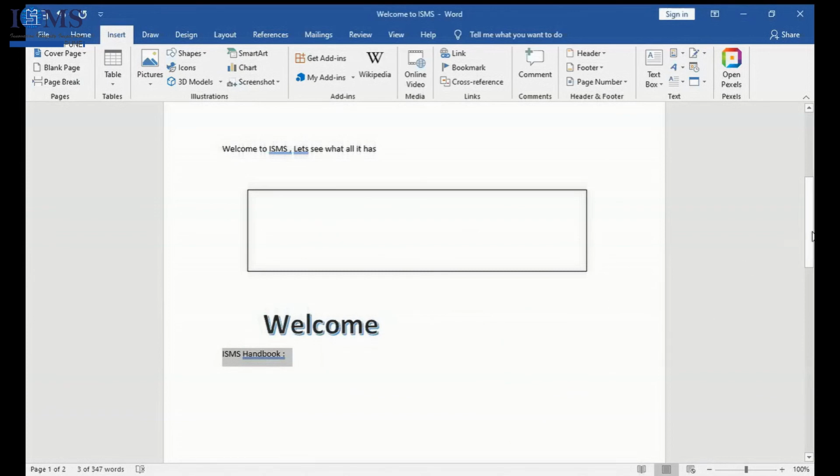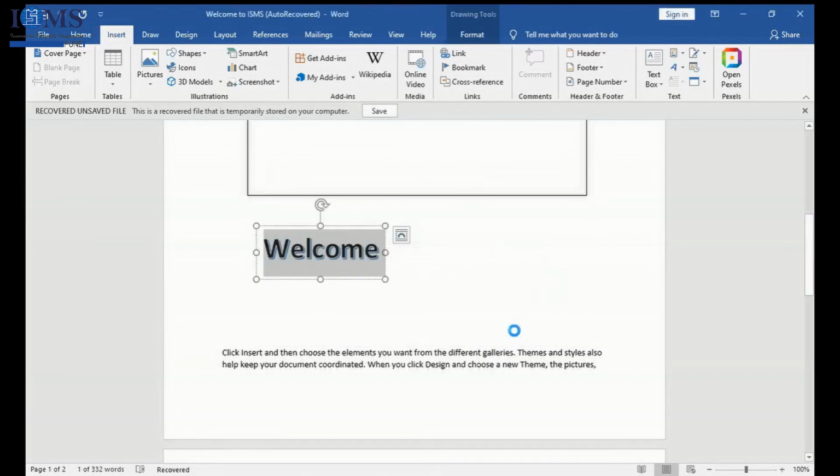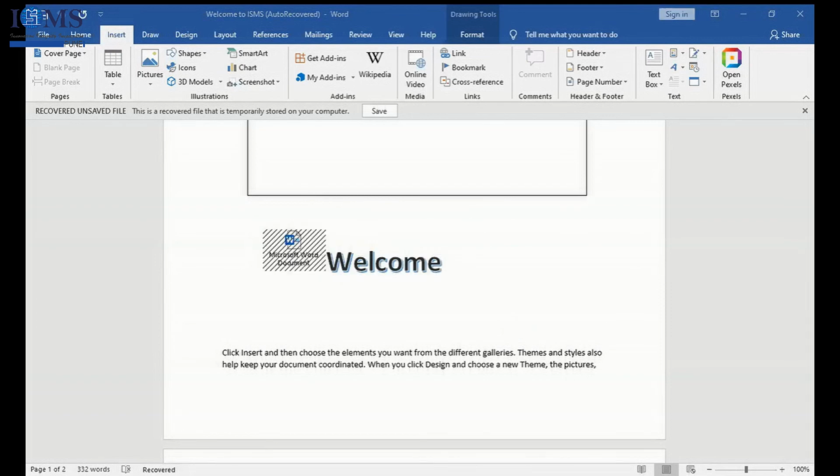Let's see how it works. It will take some time, because it is a huge document, and after clicking on it, it will display. Now it has taken me to another one.